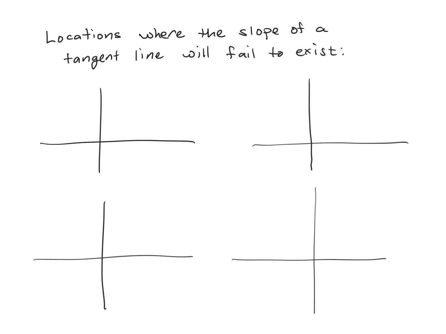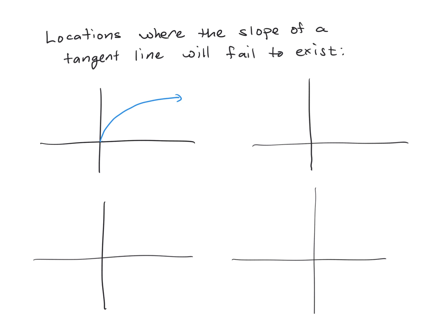For this video, we're going to discuss places where the slope of the tangent line will not exist. And the first of these examples is going to be what's called a vertical tangent line. And we just saw one in our previous example with our square root function. If we draw the square root function and we look at the origin, which is defined at (0, 0), we'll